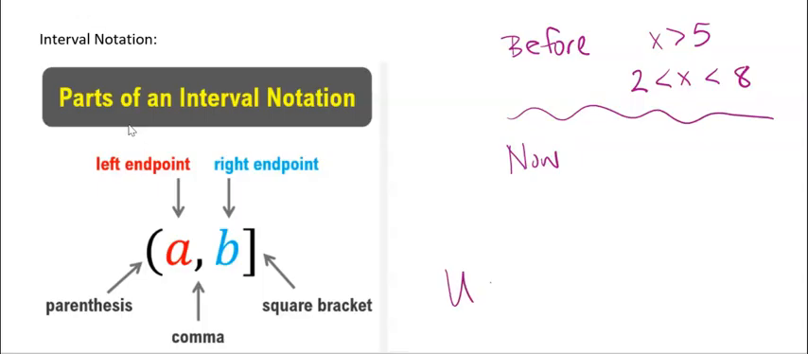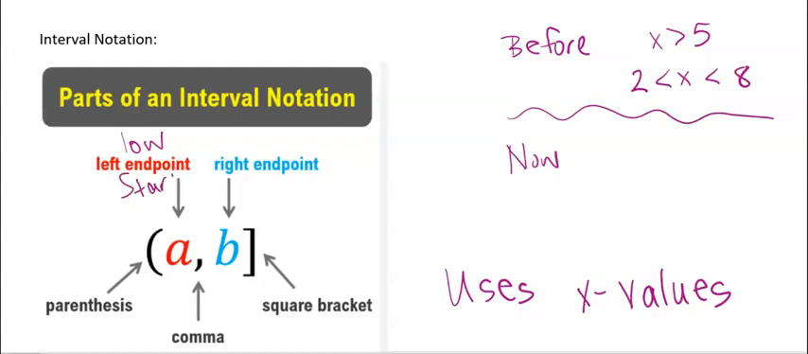So interval notation always uses x values. So that's just understood by the notation. Now, it's going to look like an ordered pair, but based on the kind of answer that we will be writing, you know it's not an ordered pair, it's an interval. So for the parts of the interval notation, we start with a parenthesis, and the left endpoint or the lowest number or your start, there's lots of different words we can use to describe it. We put first, then we put a comma,